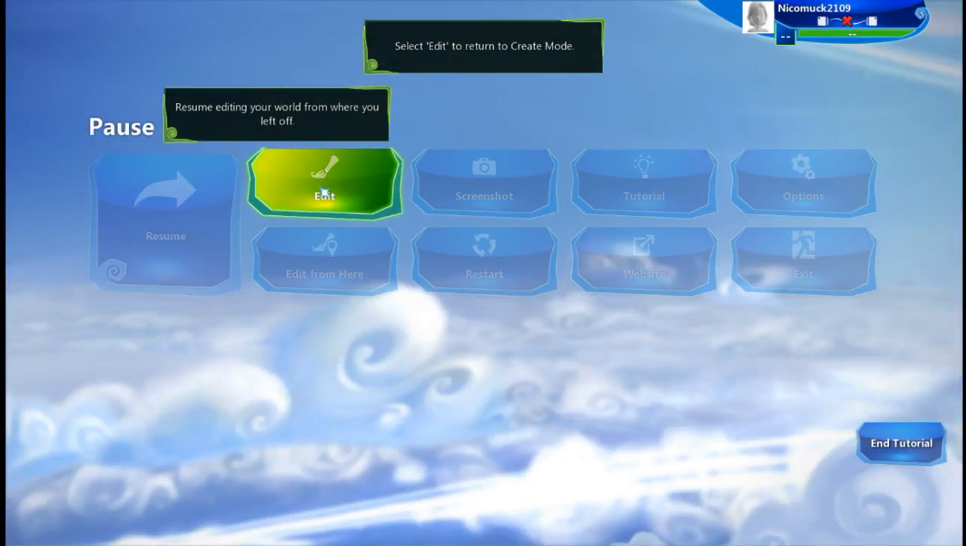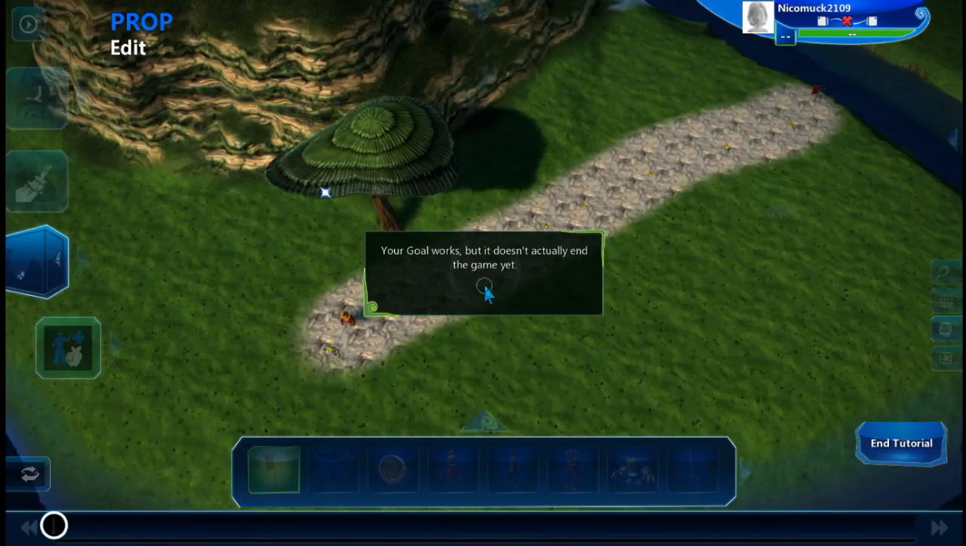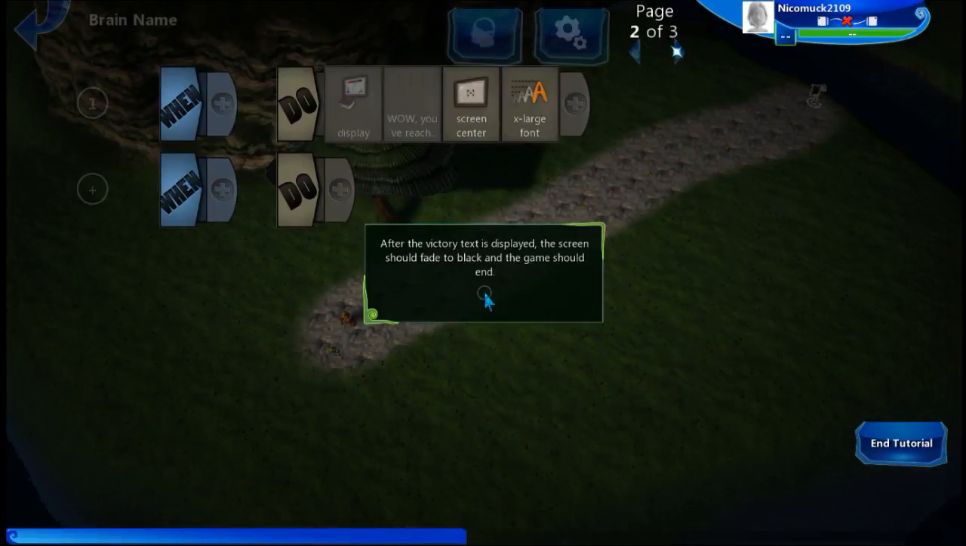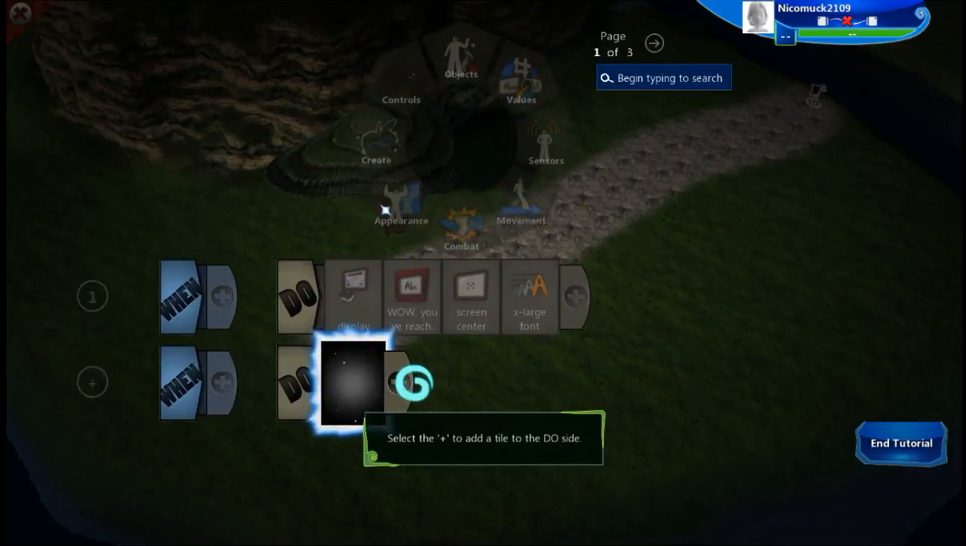Select Edit to return to create. Your goal works, but it doesn't actually end the game yet. Select the flag. Open the brain editor. Navigate to the next page. After the victory text is displayed, the screen should fade to black and the game should end. Select the plus. Select the